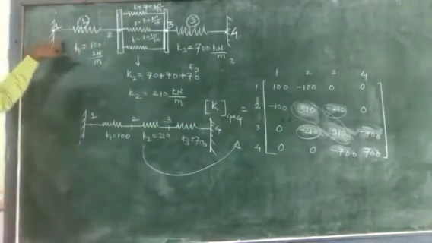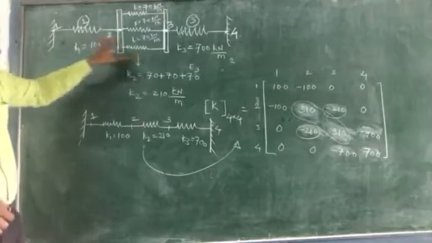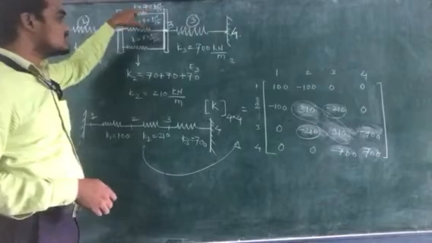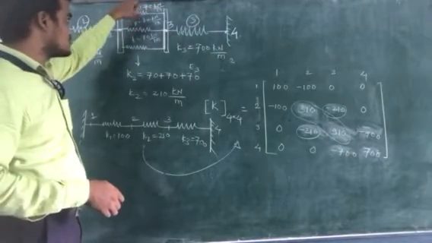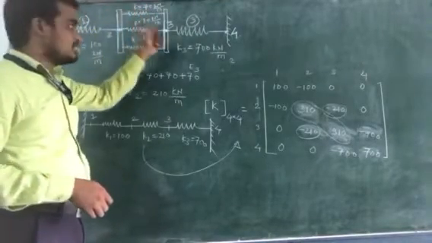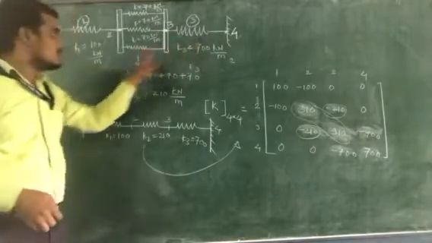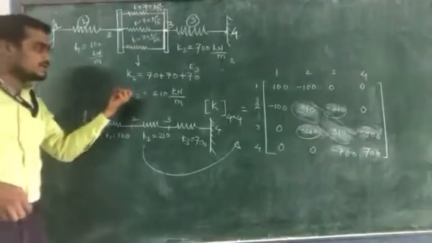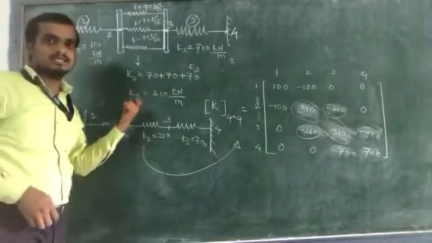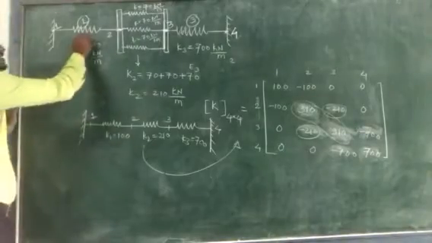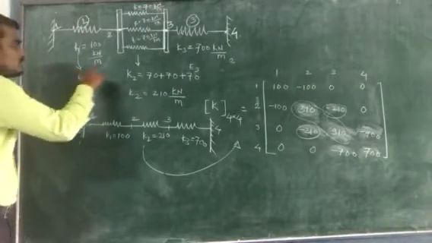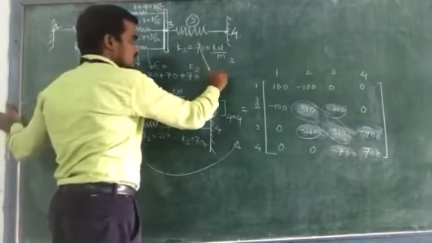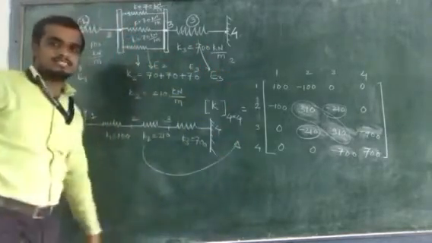Here the spring system shown in the figure contains 3 spring elements. This is the first one. This whole parallel spring system is converted into one spring element, and the next one is your third element. For these 3 elements, we first calculated our elemental stiffness matrices E1, E2 and E3. For this spring element we got E1, for this one we got E2, and for this one we got E3.